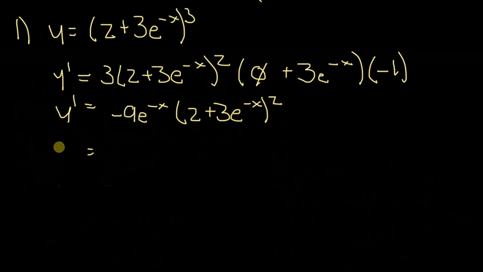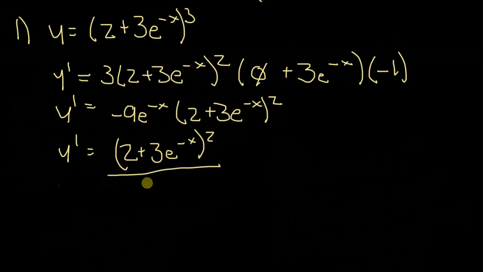For convention purposes, we should bring this underneath, because negative exponents should not be left as a final answer. So this will be all over negative 9 times e to the exponent of